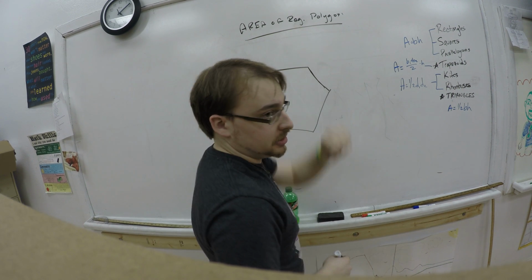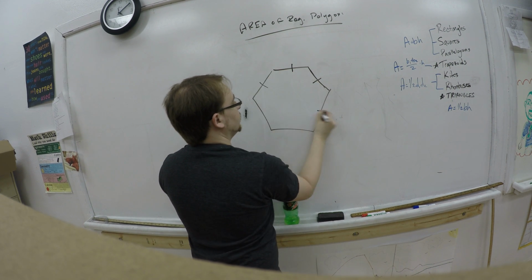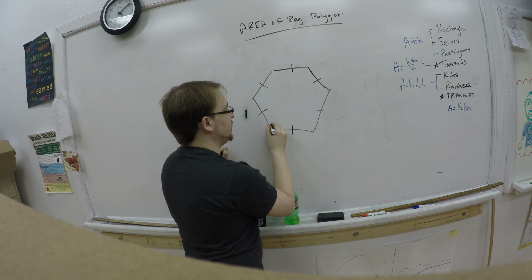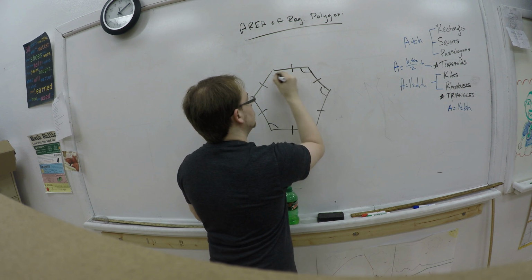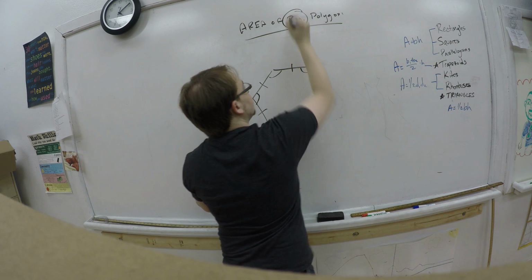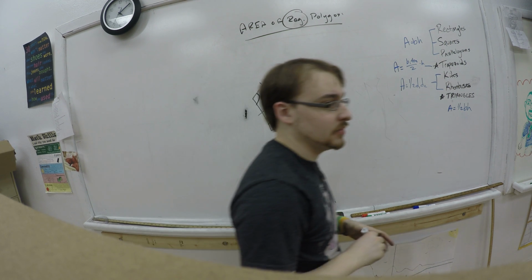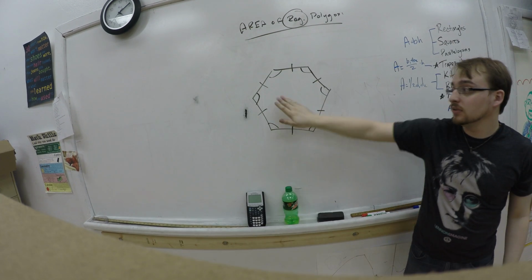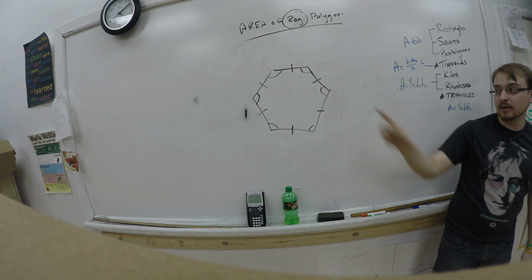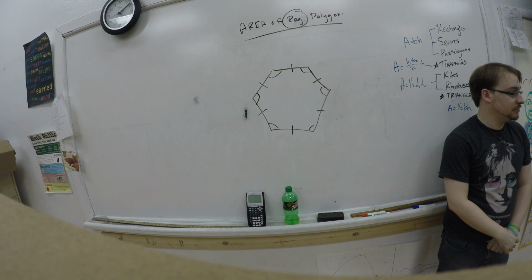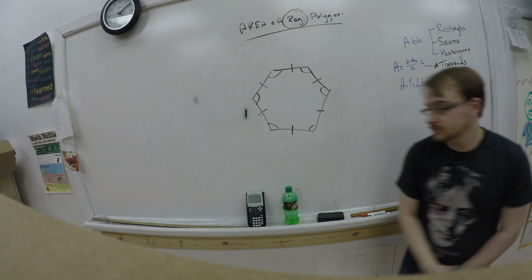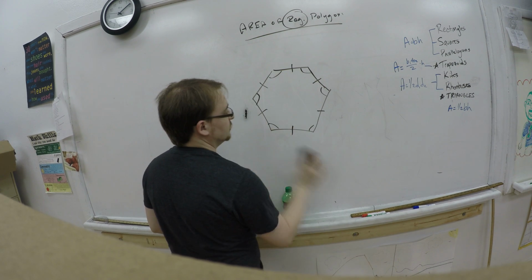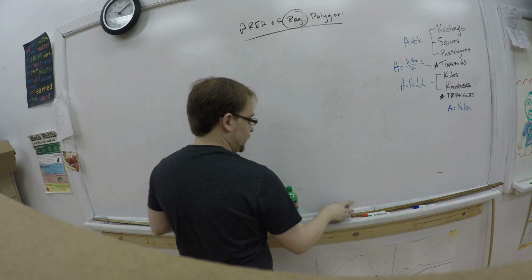A regular polygon means that all the sides are equal and all the angles are equal. So if I tell you it's regular, you already know all the angles and the sides are equal. So I don't have to draw all that nonsense every single time. So this guy's regular. Let's not even waste time drawing that on there. So let me draw